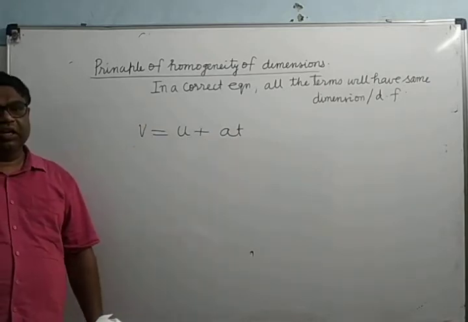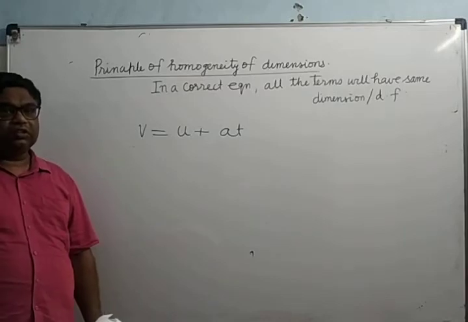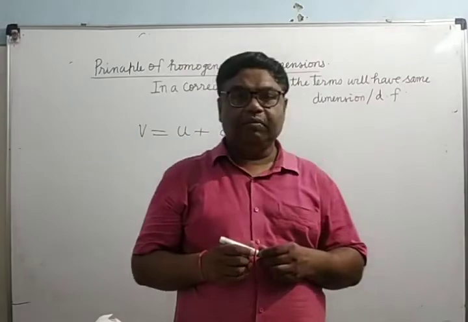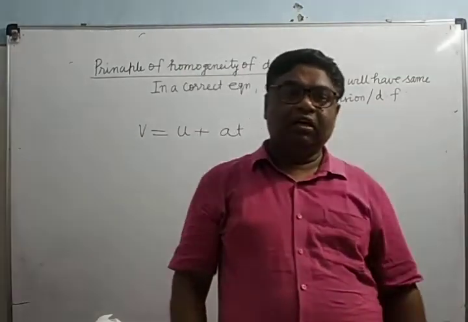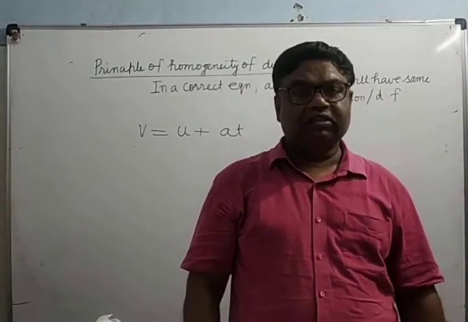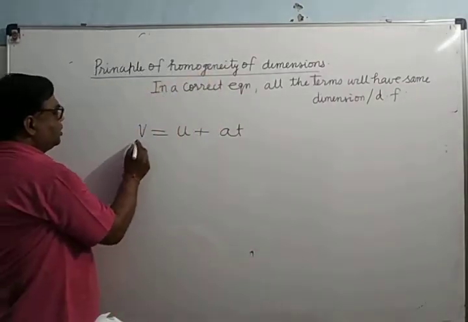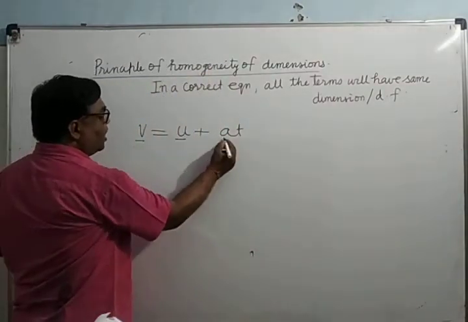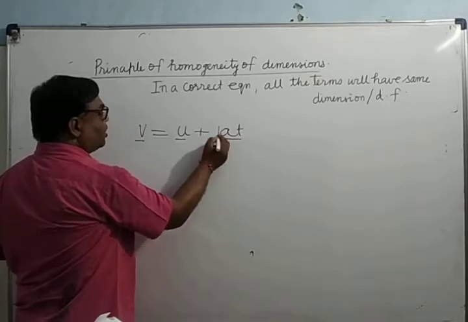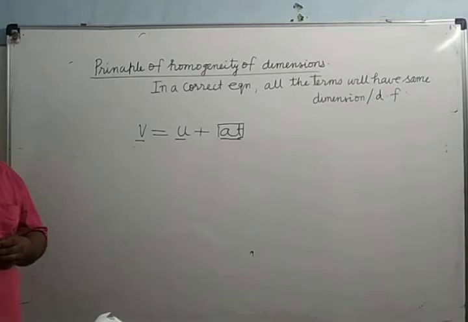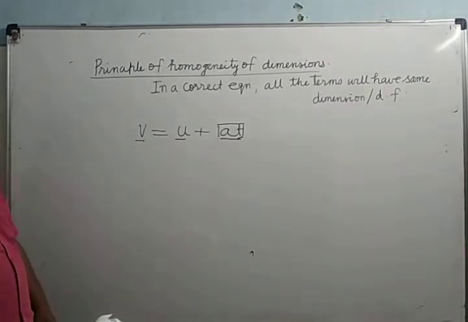There are how many terms? You can see here terms are separated by plus sign, minus sign and equal sign. So how many terms are there? One term is this, another is this, and this is also a single term. It is not two terms. It is a single term. We already know that this is a correct equation.